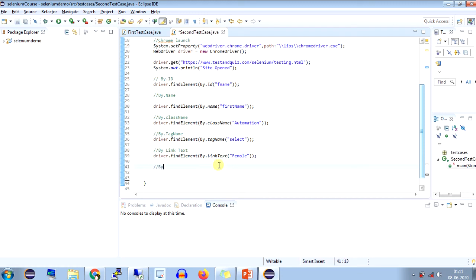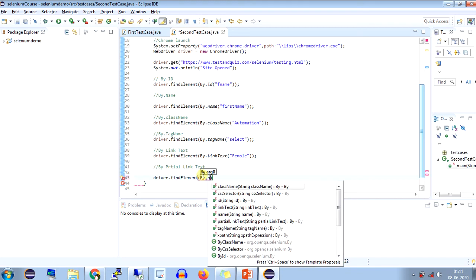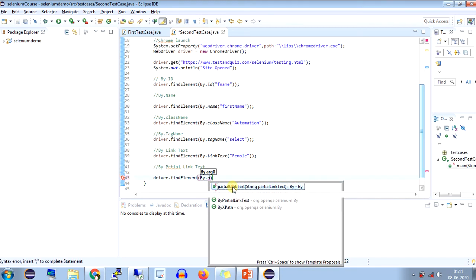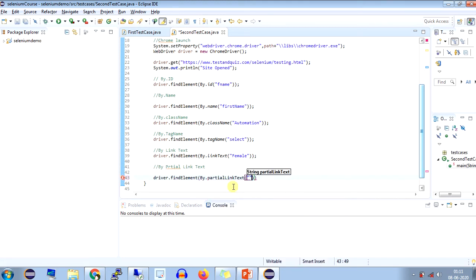Okay, next strategy is By.partialLinkText. Let me write the line: driver.findElement(By.partialLinkText.